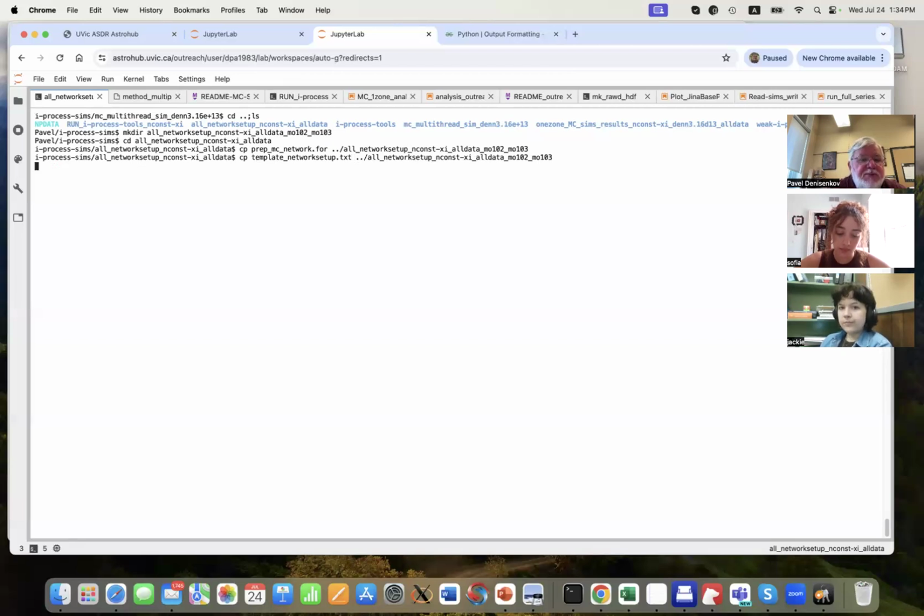Copy template. And I also copy reaction factors. Reaction factors.txt. Okay, I think that's it. So now I go to this new directory.